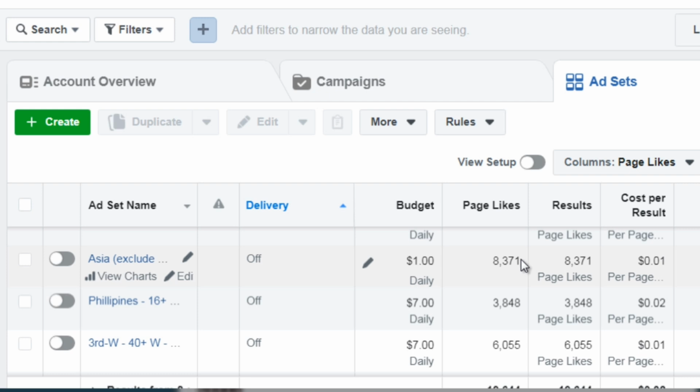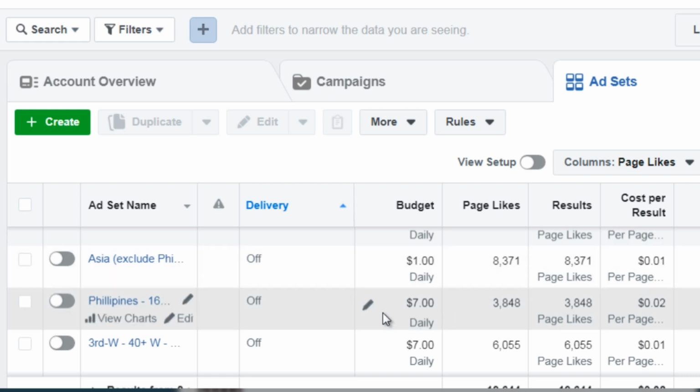8,371 page likes. So that's the result. And then, of course, cost per result was 1 cent. So we spent $92 and we got a good amount of likes. Now, whenever I see this, I want to break things down further and maybe test out a different image and see what works. Now, as you can see here, we've targeted the Philippines,